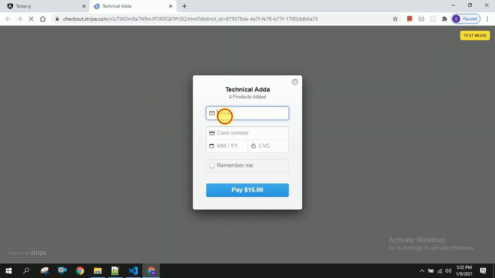If you see here, we got this. We have to enter the card number. So this is the test mode, so I am using all the test details, and we have to give some future date.